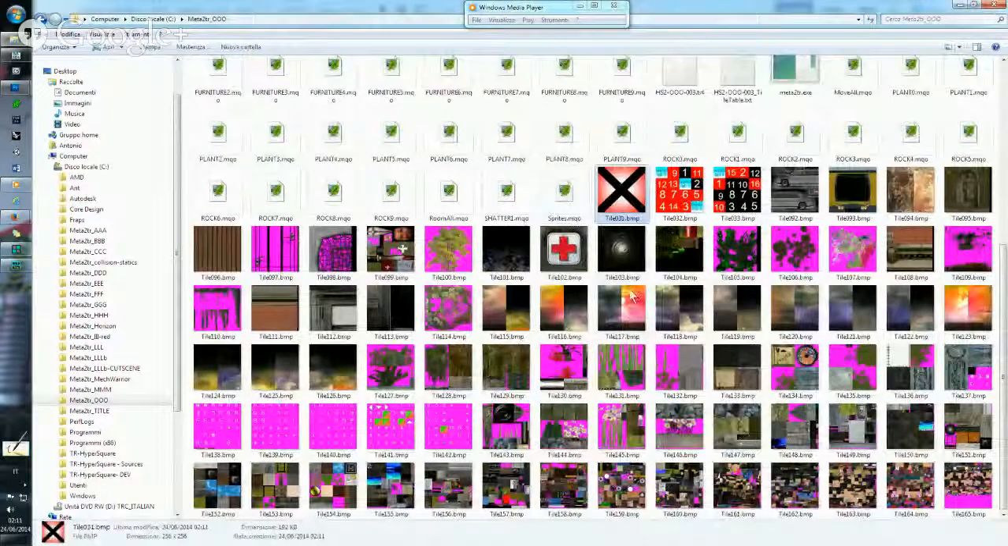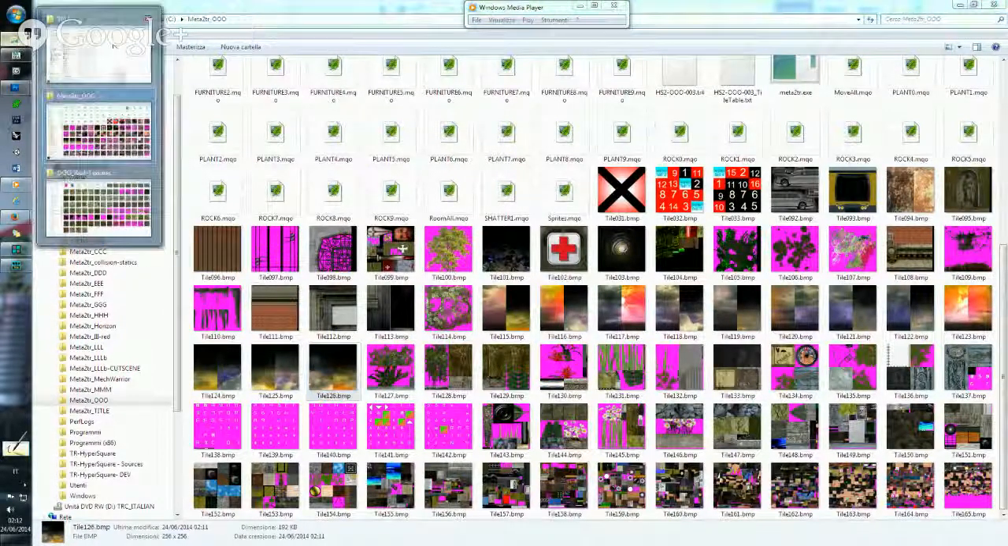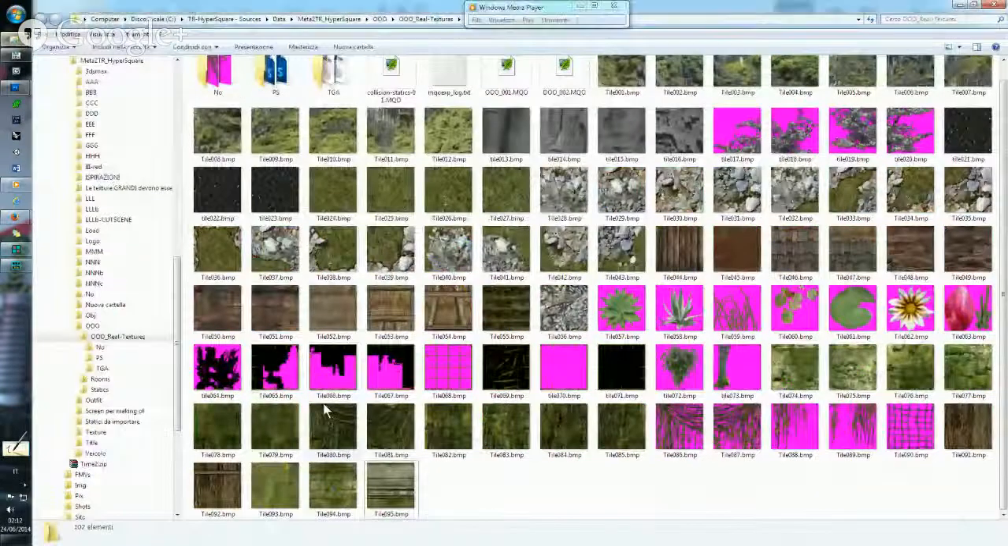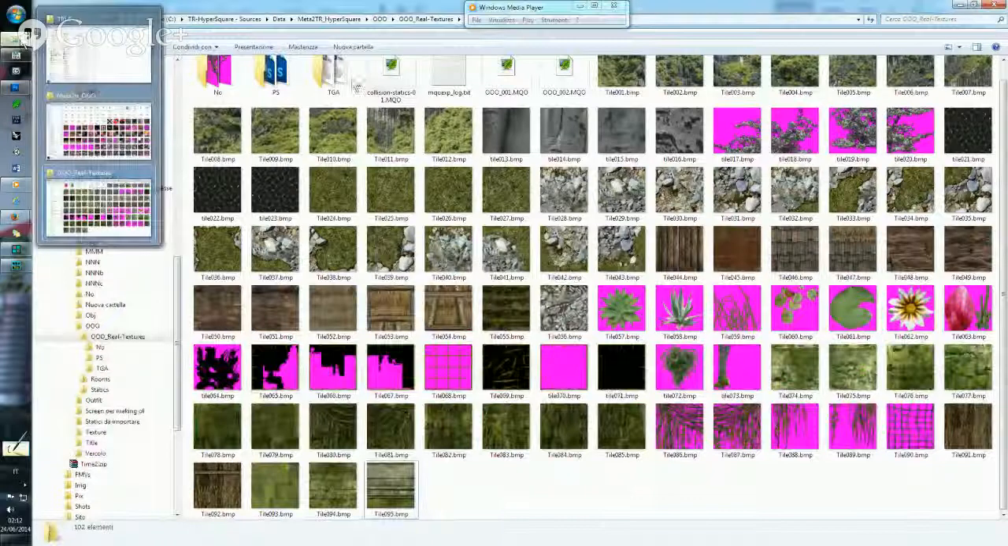So I can use from this tile to this tile, so I can use 126 texture tiles before I will have the bad textures that I need to keep in my project. And I am lucky, for example, I am safe because I can have other 30 tiles from now on. Okay, so I'm going to